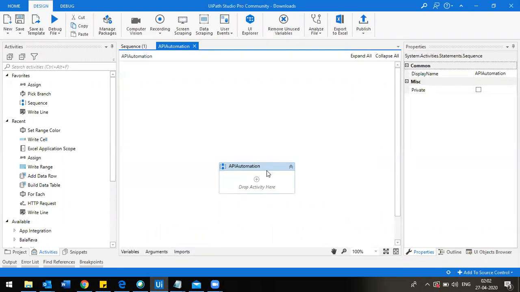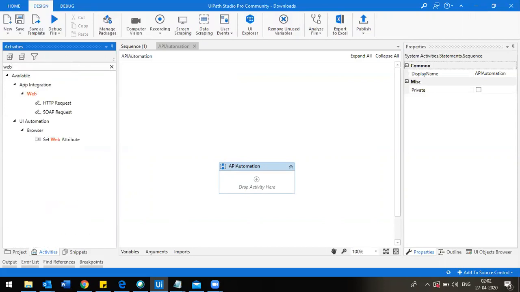Those activities are inbuilt in the UiPath.web.activities package. You have to install this package in your system from the managed packages. By default, it will not be available. But since I have already installed that package in my machine, I am able to see this request.